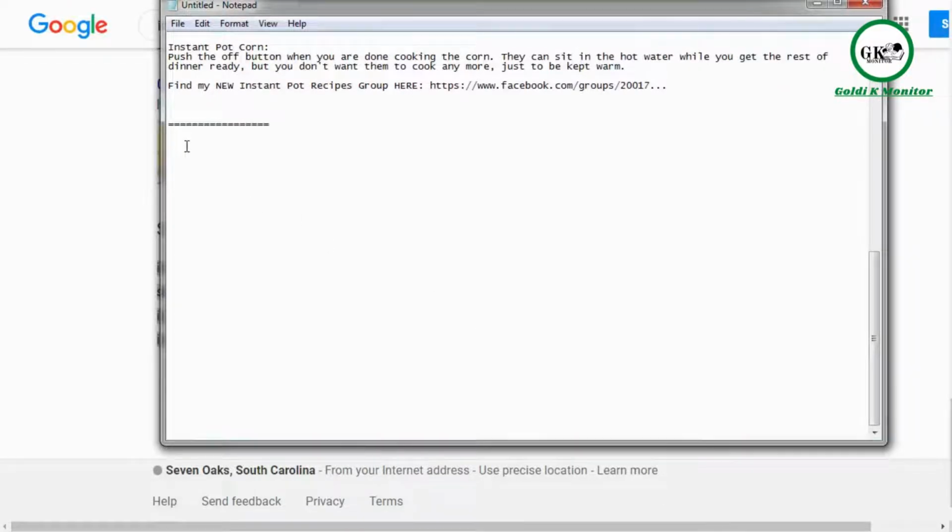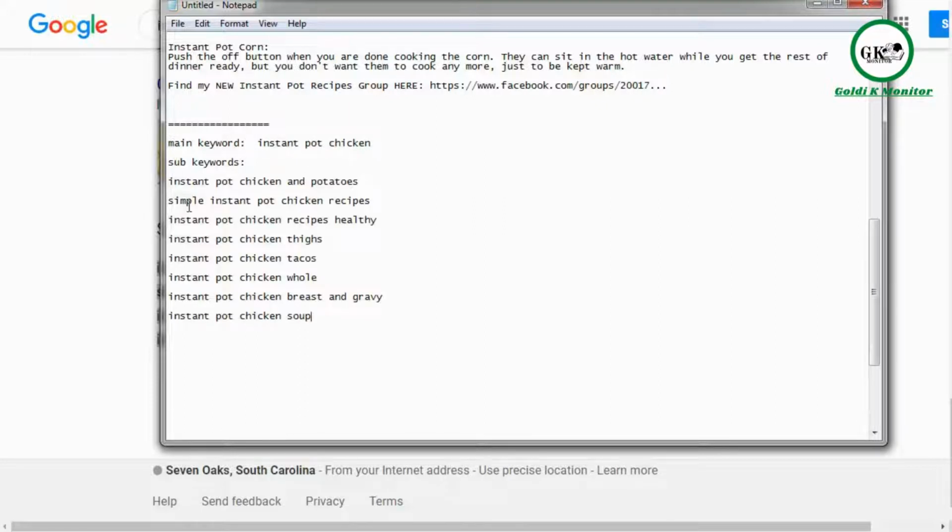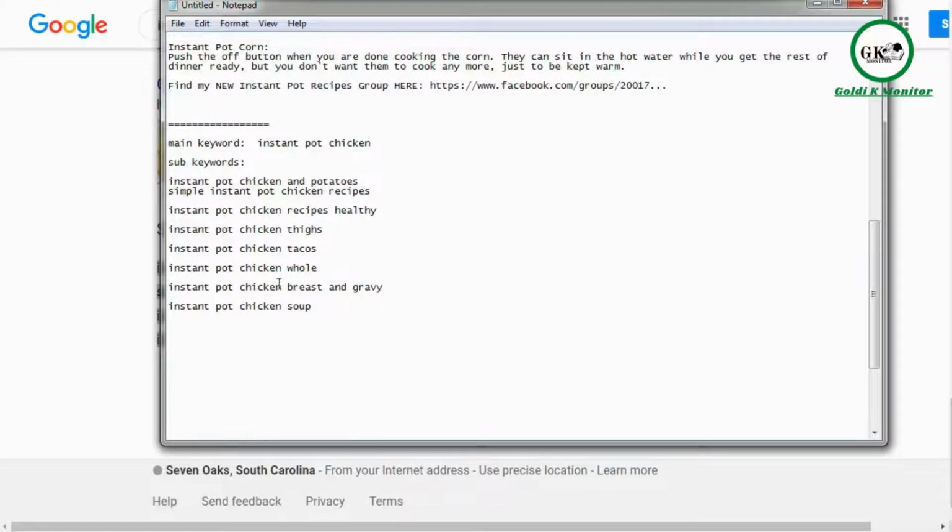So what we want to do is have a main keyword, and then have sub keywords. The main keyword here would be Instant Pot Chicken. And then the other ones would be Instant Pot chicken and potatoes, and all the rest here. So having these in hand will give you a better idea on how to go about creating your titles and